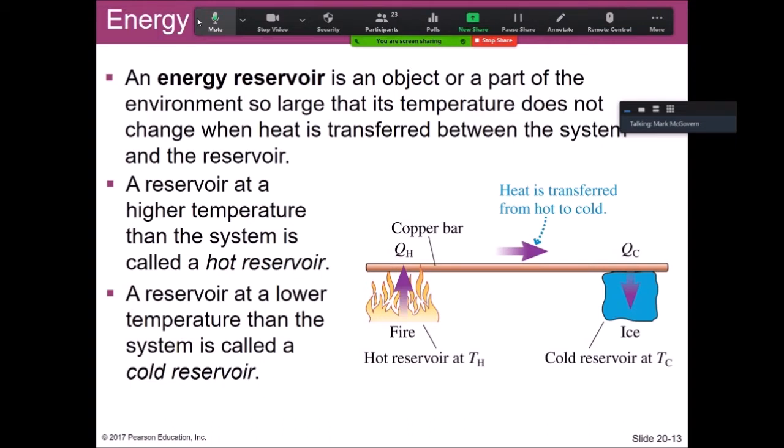Let me just say one thing about this to warn you. You don't necessarily talk about reservoirs in terms of extracting energy out and dumping energy away, although that is true most of the time. Okay, not all the time is that taking place. For example, refrigerators work the opposite way. We're dumping energy into a hot reservoir, and we're taking energy from a cold reservoir. That's a different scenario. But ultimately, there's something at a higher temperature and something at a lower temperature. And that is what we care about when we talk about these reservoirs. But do avoid thinking about this as extracting energy out of here and putting energy into there. That's true many times, not in all situations, though.